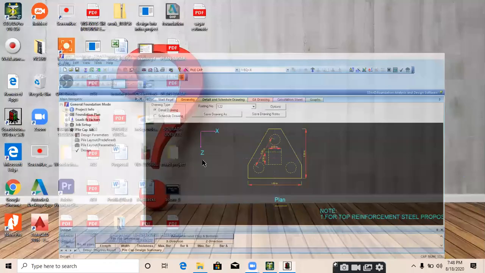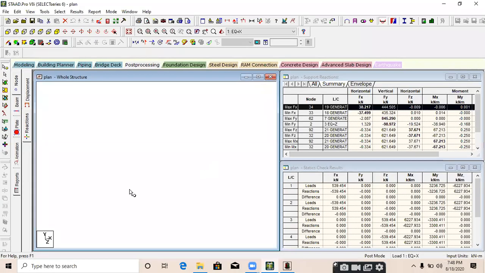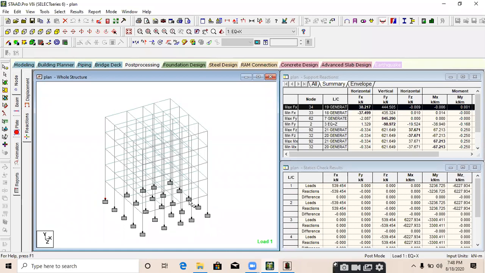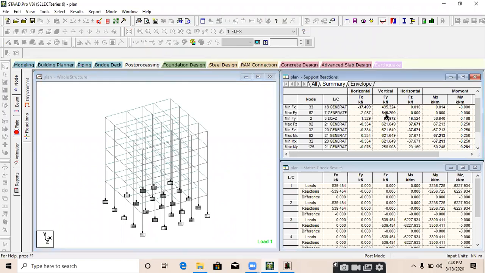Maybe the condition of the pressure or reaction throughout the building is somewhat equal for all the supports. 62 number 845 is about 621 reaction and 845 is maximum.